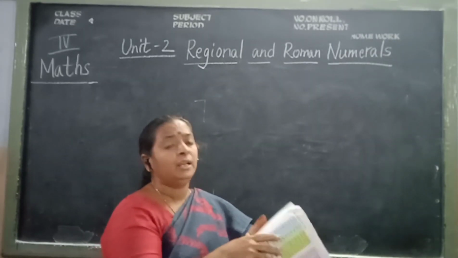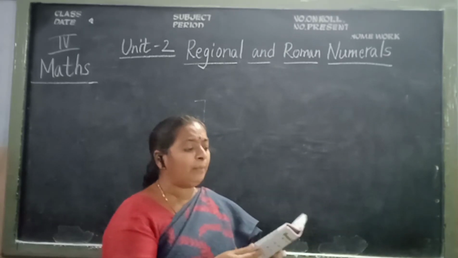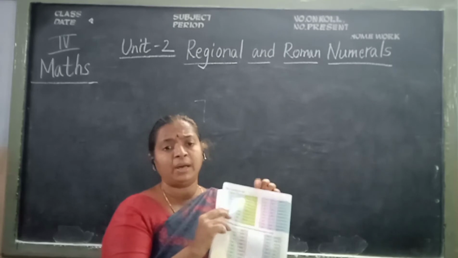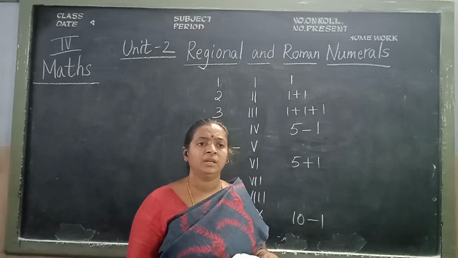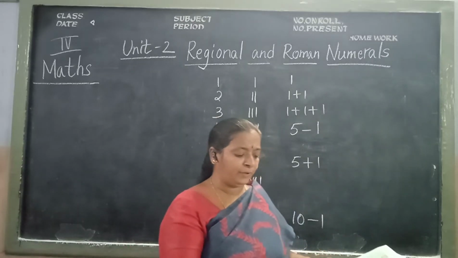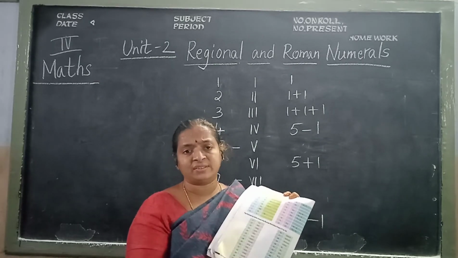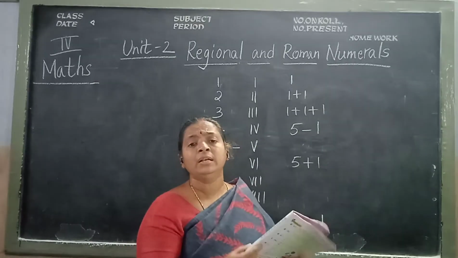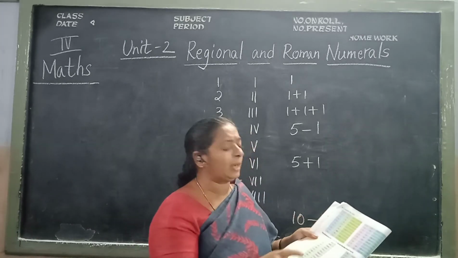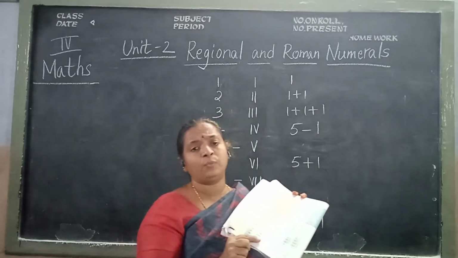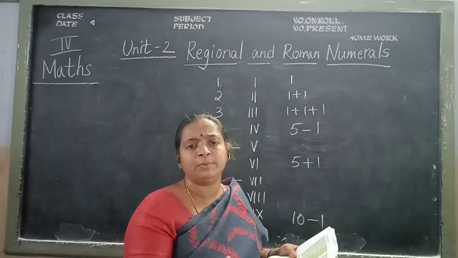In page 98, there is an exercise at the top of the page. See children, some values are missing. We'll complete those. They have given us a table to complete. Those who have the term textbook, open page number 98, listen and follow, and whichever is missing, you write, children.